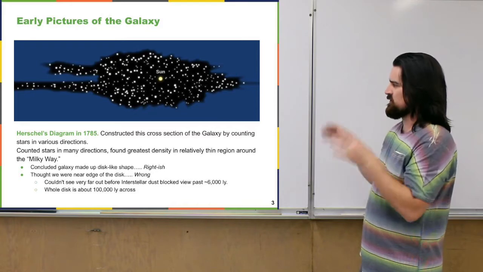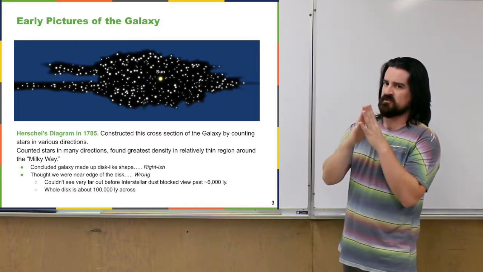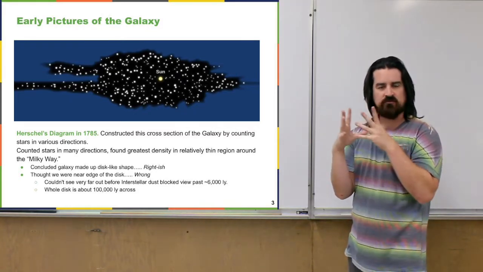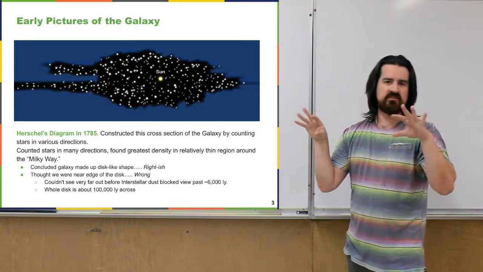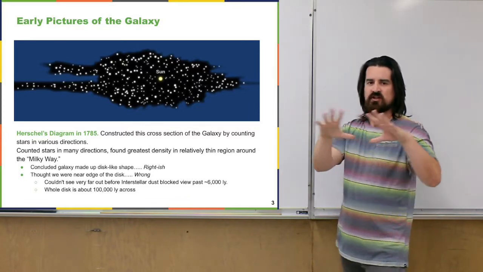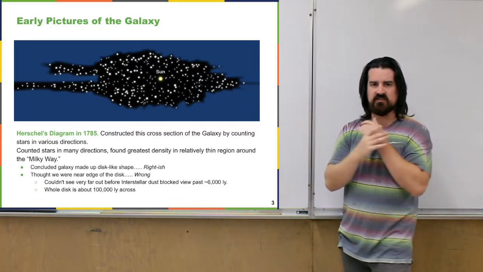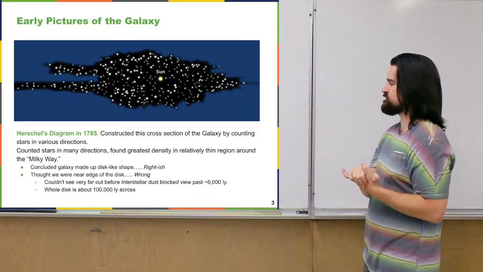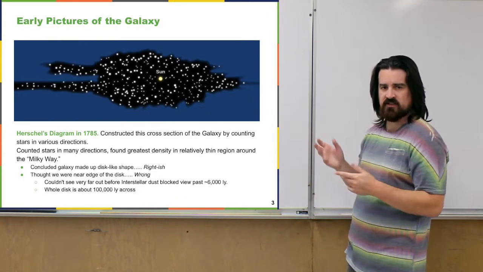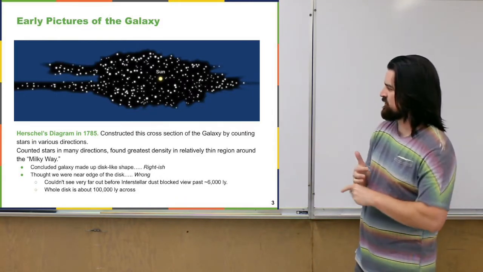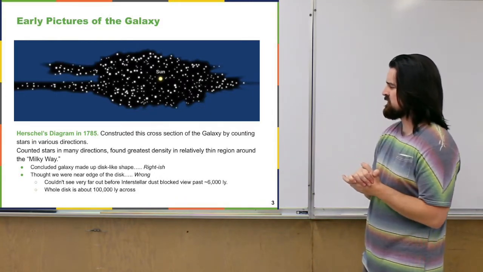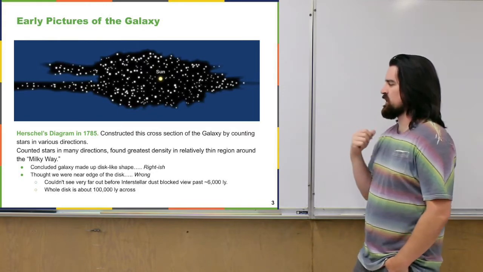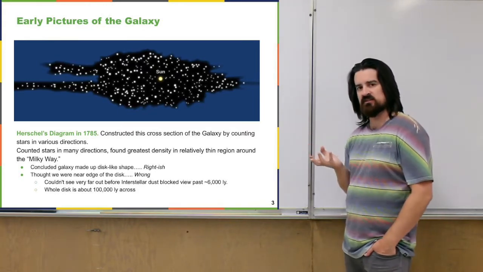And so the picture they ended up coming up with was that our galaxy, or the space that we're in, is sort of disc-shaped. Most of the stuff around us is arrayed in a disc-like shape, flat, circular, which turns out to be sort of correct. We'll get more into that later, but it's not necessarily just the disk. From what they could see, it looked like we were near the edge of that disk.